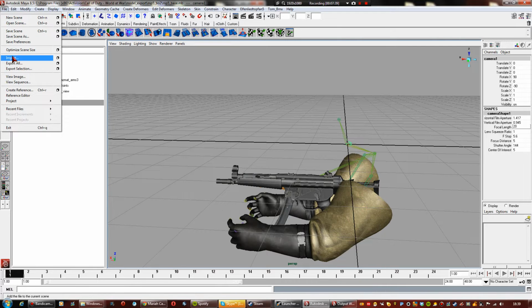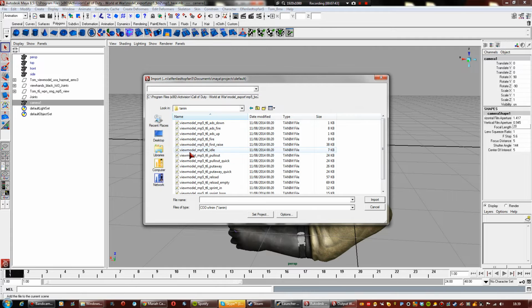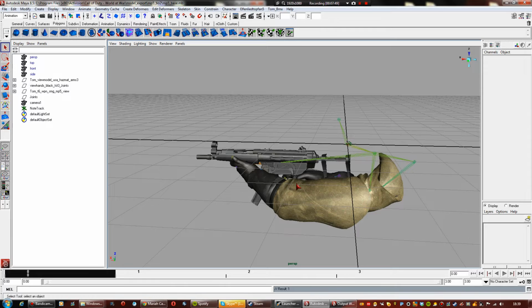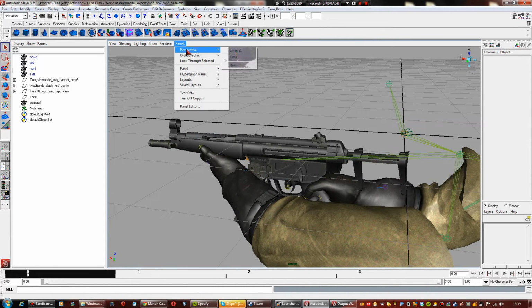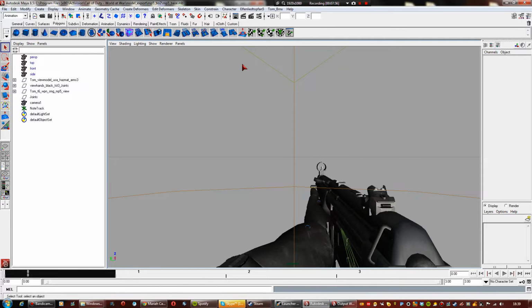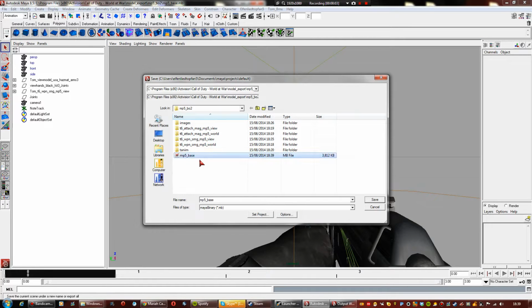So we're going to import idle first. I work in a certain way with the anims. So here's the idle. We're going to import that in. And as you can see, it's imported it into the scene that we have. If you go into panel perspective camera 1, that's what it will actually look like in game. This is why I do that, and then you go to file, save scene as, and then I'm just going to